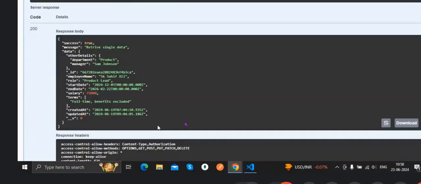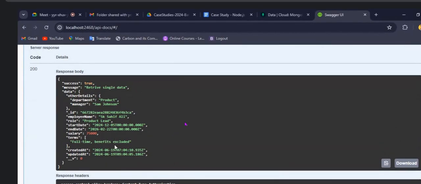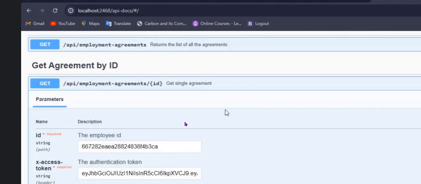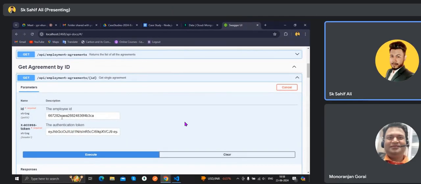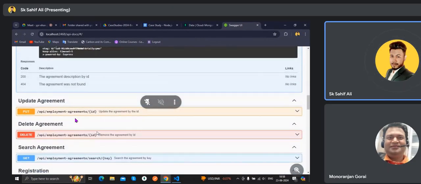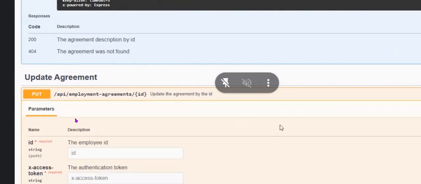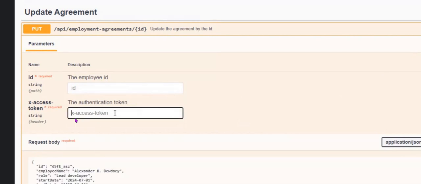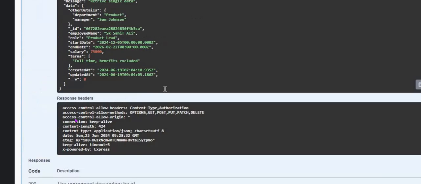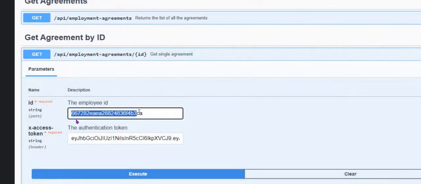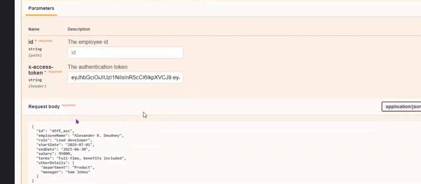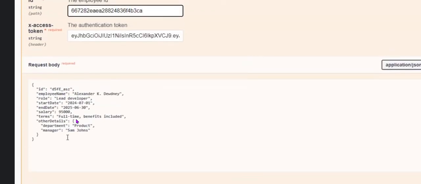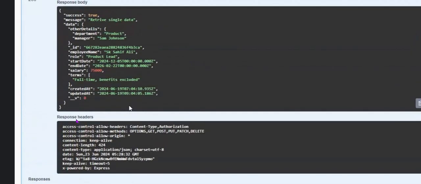Okay, so now we can get this one. This is my name and the details. And in a similar way, with this one, we can also update any of this. Like if I want to update the same one, then I take the same id, paste it here, and we can execute. Okay, so we have to